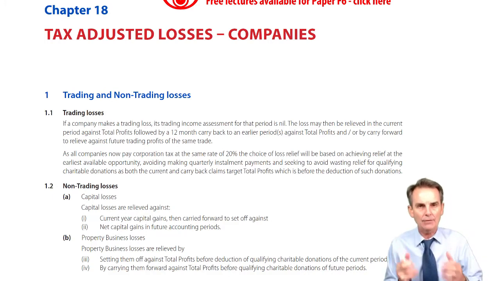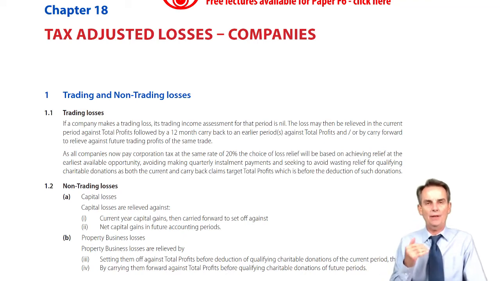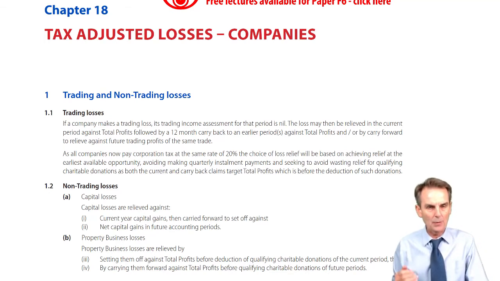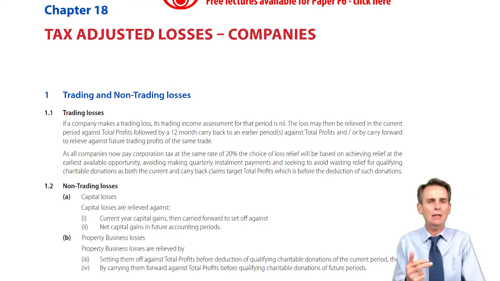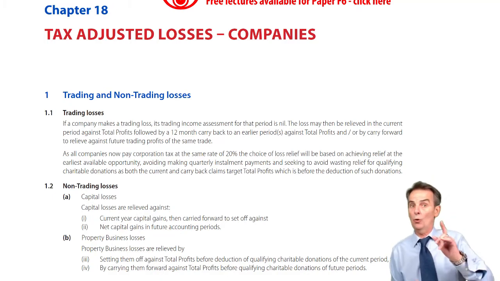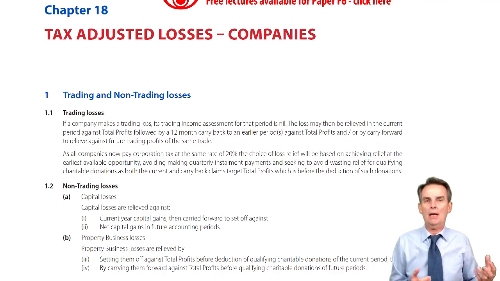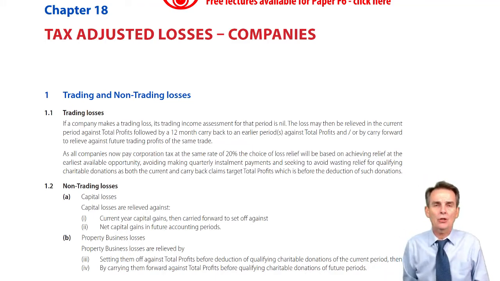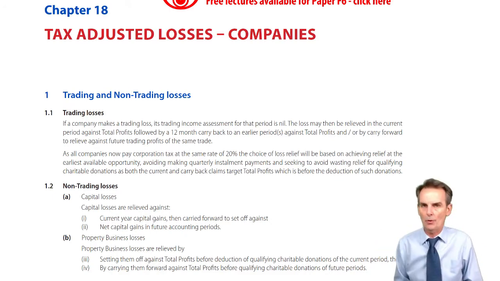So quite simply, if we have a tax adjusted trading loss, there is a nil trading income assessment in the corporate tax computation for the period, and we can then set off against, well, we don't now have total income, we have total profits. Remember, the company is chargeable on both its income and its gains. The company does not pay capital gains tax, it pays corporation tax on both its income and its gains. So what we saw back in income tax, where we extended the current or carryback claims against capital gains, is irrelevant here because the total profits already include the gains. So that's one type of loss we won't have to worry about here.